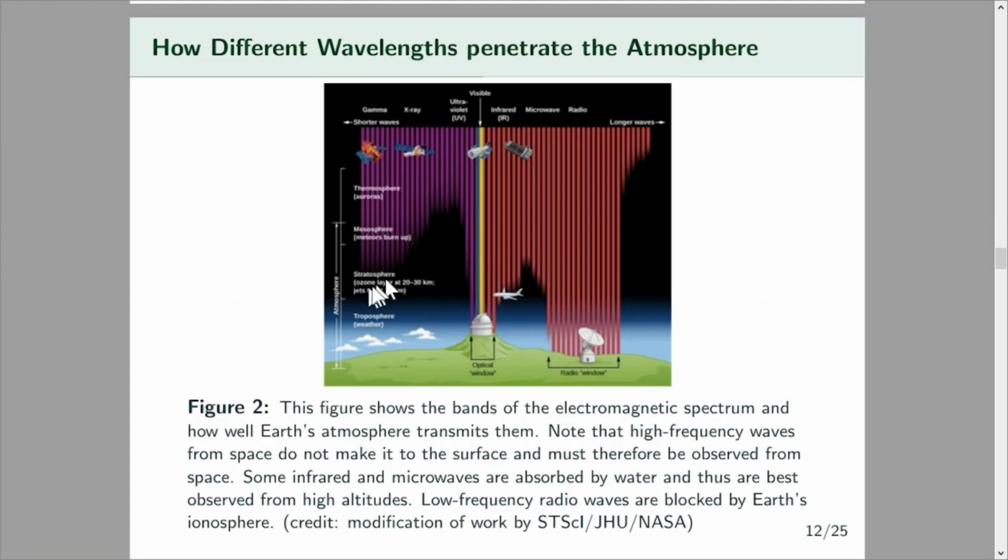So this is an interesting picture of all the bands of the electromagnetic spectrum and how they penetrate the atmosphere. If you'll notice, here's the ground here, right? Not much gets to the ground. All these high energy ones have been filtered out of the atmosphere on their way to the surface of the Earth, right? Most of these are emitted by the sun. The sun produces the whole spectrum, all the way across. Most of these energetic ones, lucky for us, can't get through the atmosphere. They just lose all their energy, and so they're harmless to us.